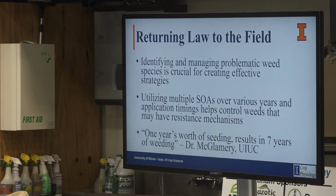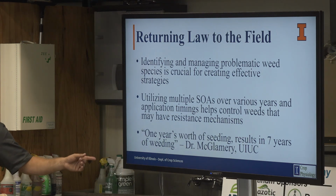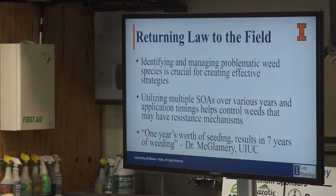Ultimately, we're trying to return law to the field. Identifying and managing problematic weed species is vital for securing a path to produce more yield. Utilizing multiple sites of action over various application timings, over various crops, with the incorporation of different mechanical and thinking outside of the box means of weed control provides the best process to get these weeds under control and maintain the control. As Dr. McGlamory has been quoted saying, or Dr. Aaron Hager's predecessor, for those of you that don't know, 1 year of seeding results in 7 years of weeding,